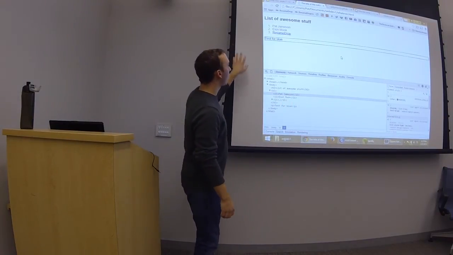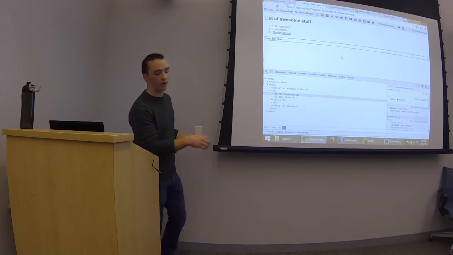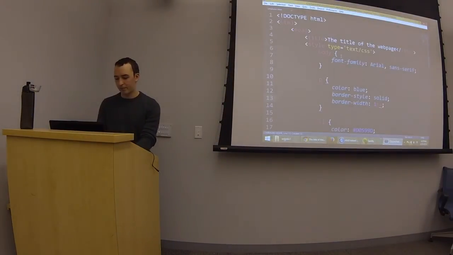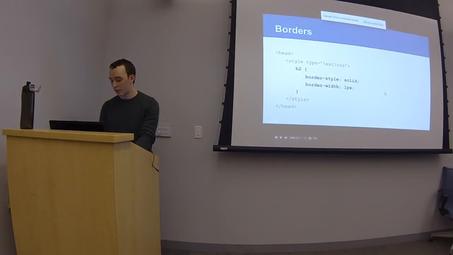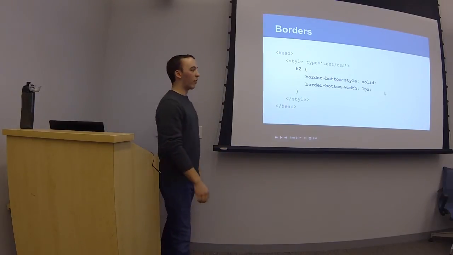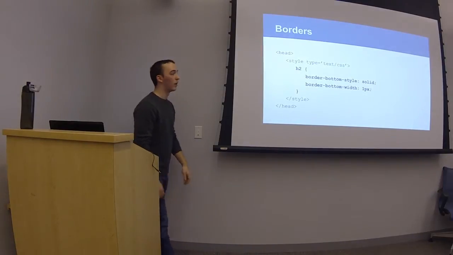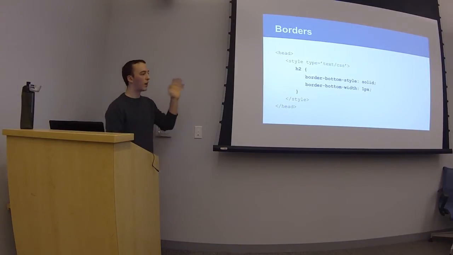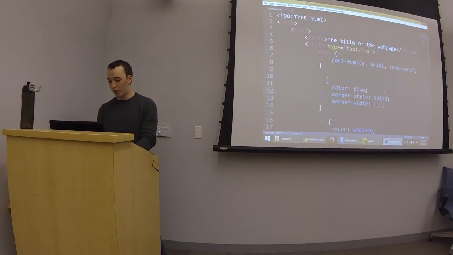So now we can have a border on stuff. You'll see exactly how big this element is. It goes all the way to the other side of the page. It's 100%. So what else can we do with border? Well, we can decide which side we want the border on. All we have to do is specify the side in the middle. Border bottom style, border bottom width. So if we add that to